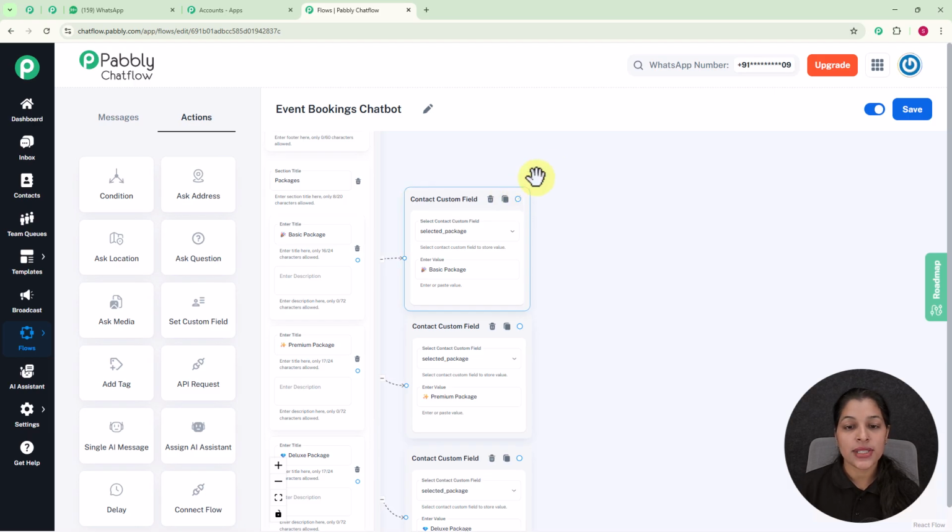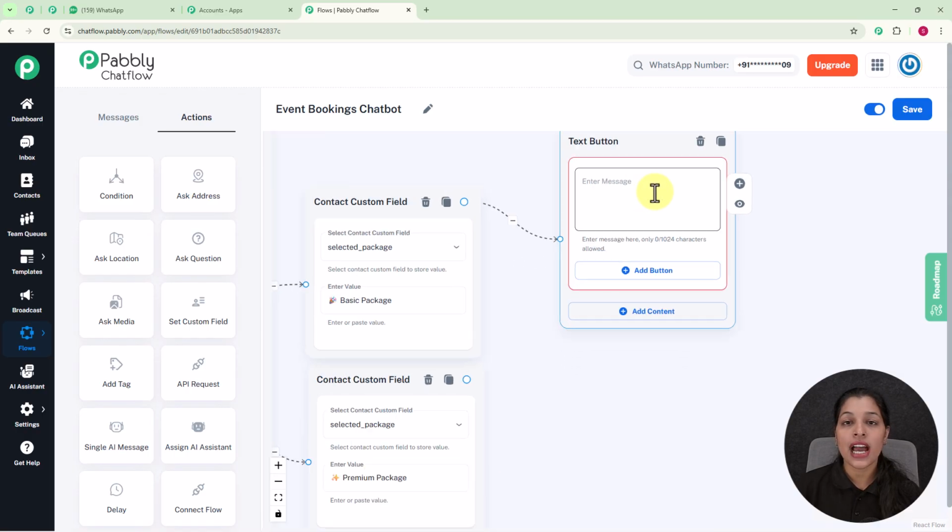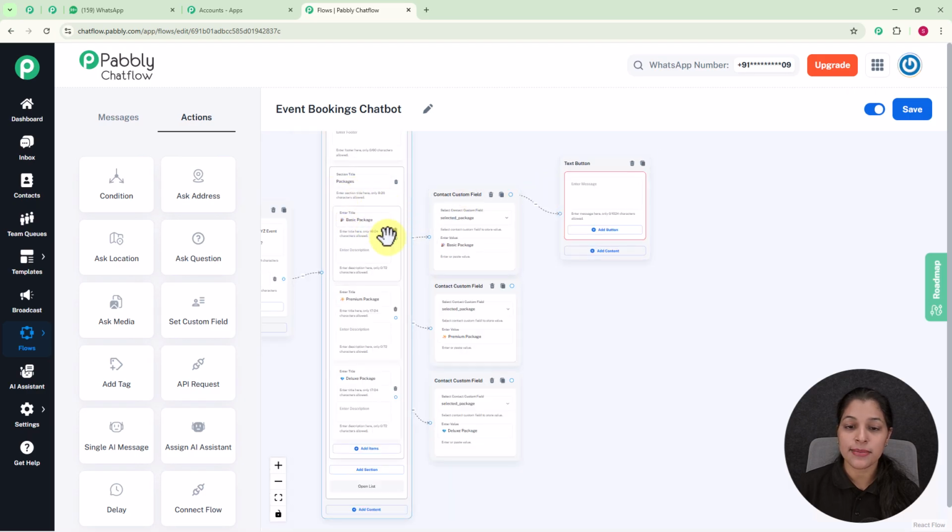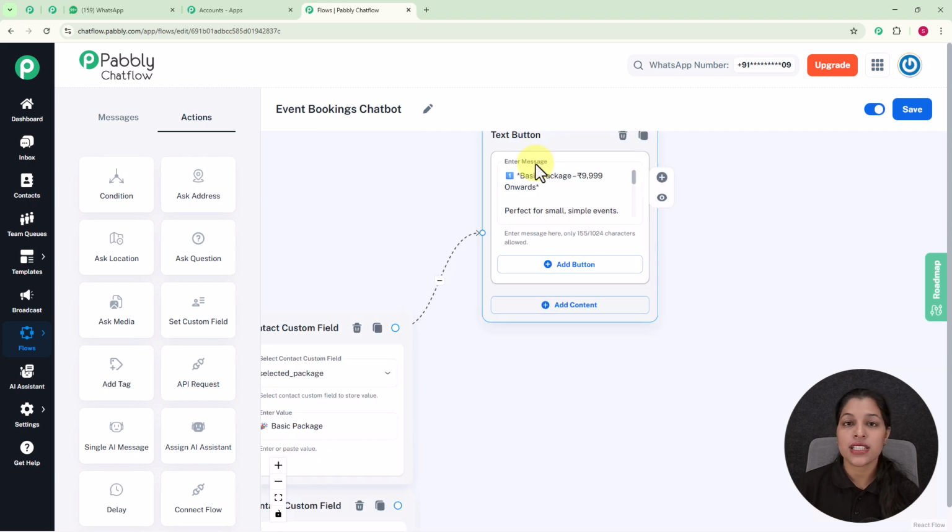So for that you simply have to drag and drop and select text button over here, and in this text button node I am going to provide the details of this basic package, and afterwards I am going to do the same for remaining list items as well. So here you can see in this text button node I have provided the details of this basic package, and